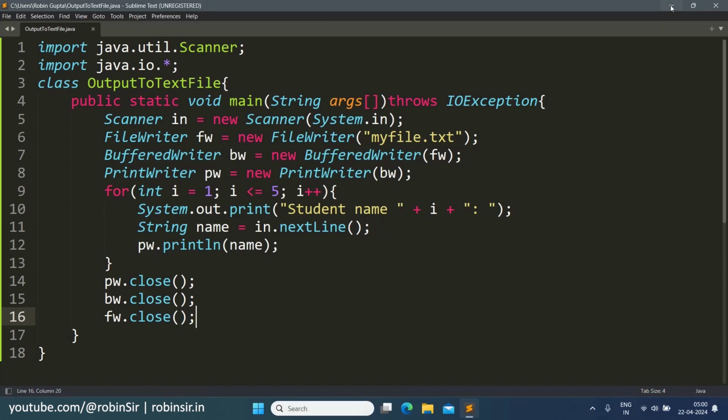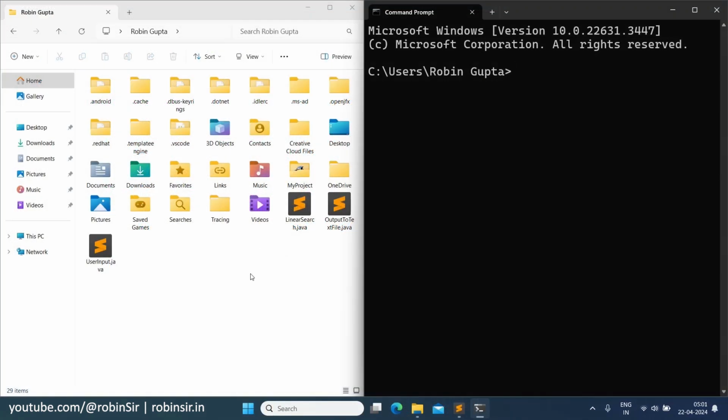Let's compile and check the output. Now, as you can see, I have opened my home directory folder, and here is the command prompt. Now, as I give the command, so as I have compiled, the class file is generated. Now, when I will execute,